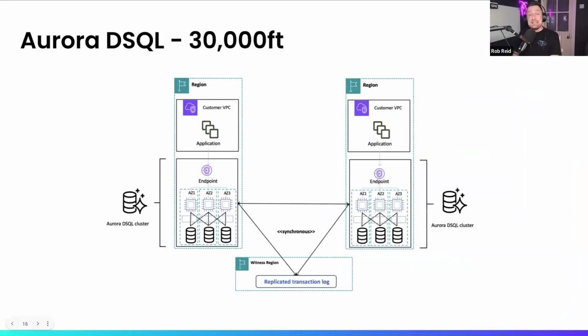Next, we'll come on to DSQL. So we'll start from a very, very high level. And actually, the last time we spoke about this, when Morgan did his presentation, Aurora DSQL was in preview. Since then, it's gone into GA and it's available in more regions. So at a high level, DSQL supports reads and writes across multiple regions. It achieves multi-region resilience via a witness region. So you'll have up to two regions with a witness region.